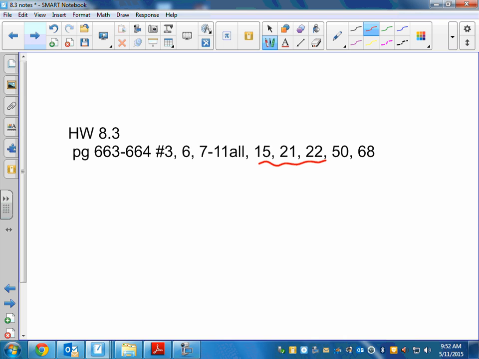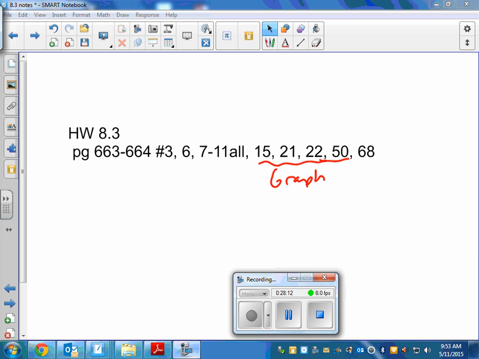Oh, 50 says graph also. So I'll give you graph paper if you want, but honestly, sometimes I think these are easier to graph on your own paper because you can make the points, the axis go where you want. But I have graph paper if you want it, and you do actually have some time to work on this or your worksheet that